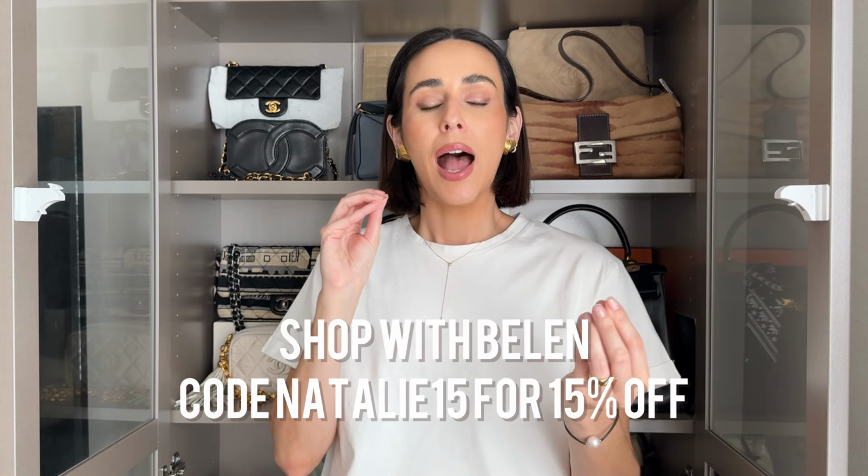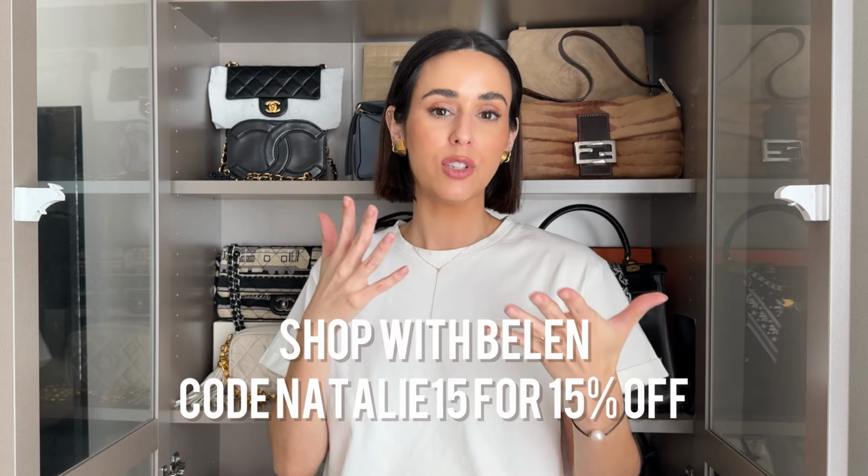Okay, so the next is a new basics brand I came across. It's Shop with Belen. And Belen's an influencer on Instagram. She started this brand and the basics are beautiful. So I got a spaghetti strap top, a tank top, like a vintage kind of wash tank, and a cropped